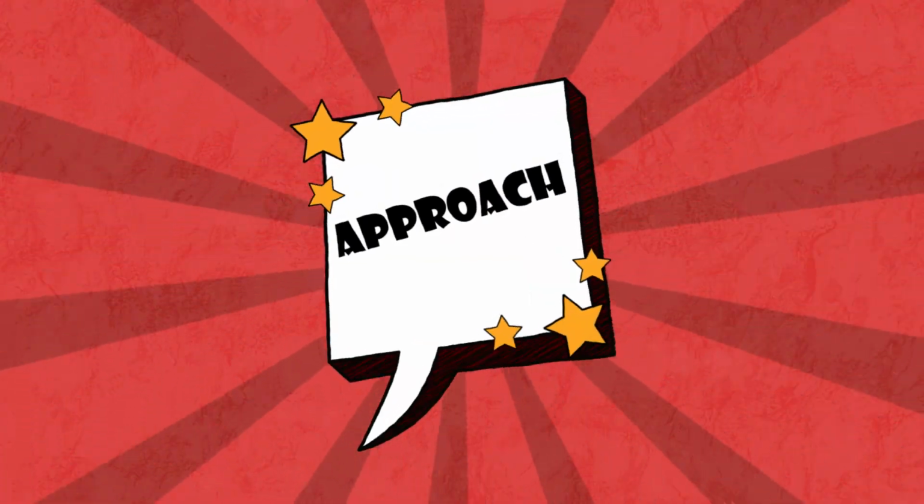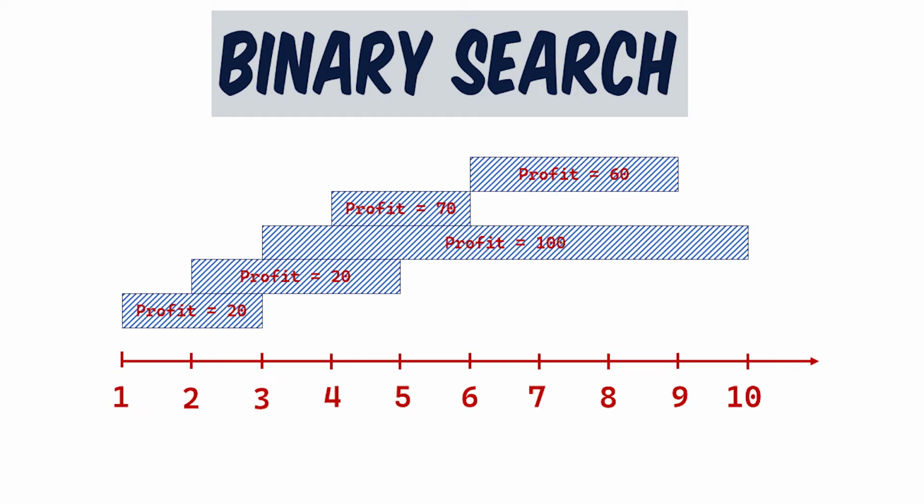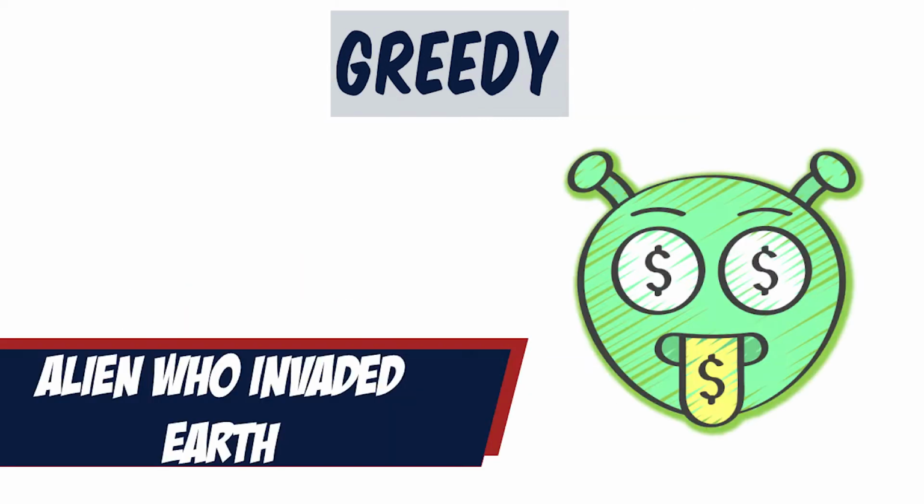Now, let's look at the approach. We will use a combination of two methods. First is a binary search to look for the index of the start, which is coming after the current end time. This process is key here to solving the problem. We will look into this later once we are trying to solve the problem. The second approach is to solve the problem using the greedy method, which means it is the best possible approach